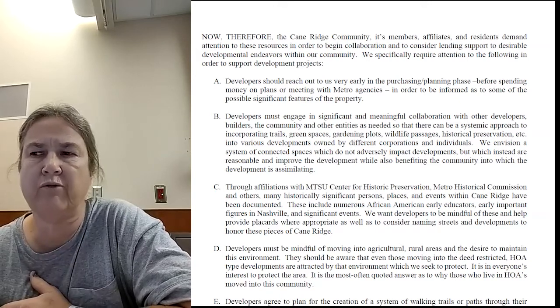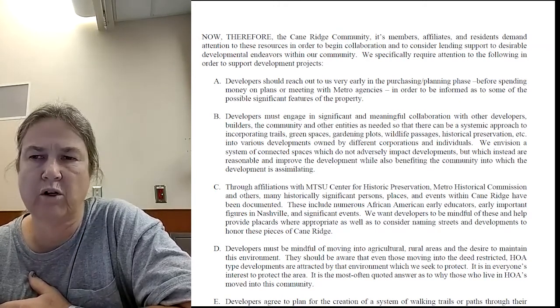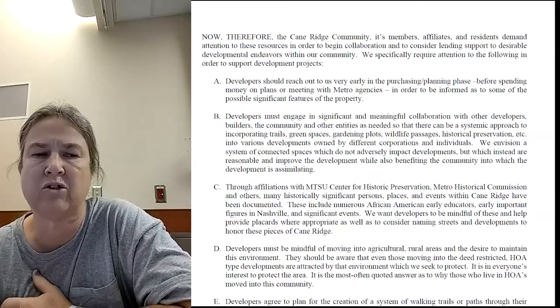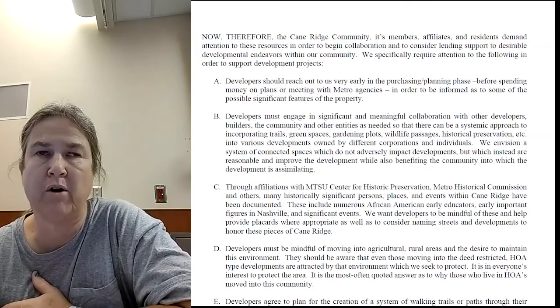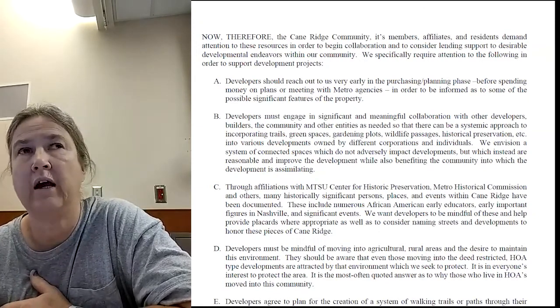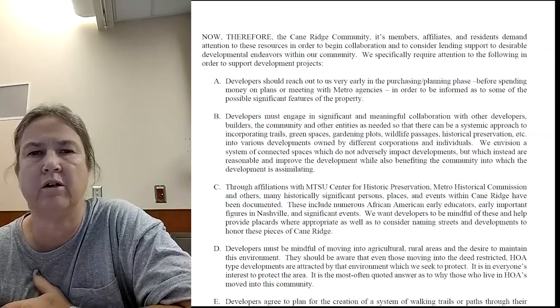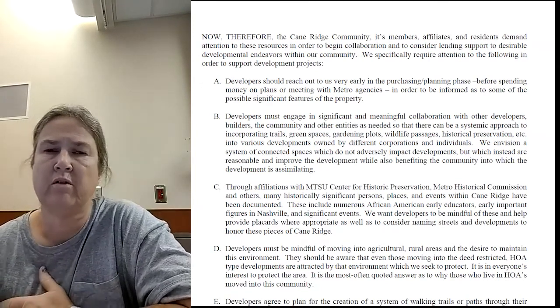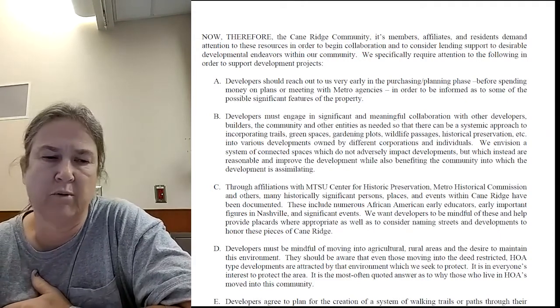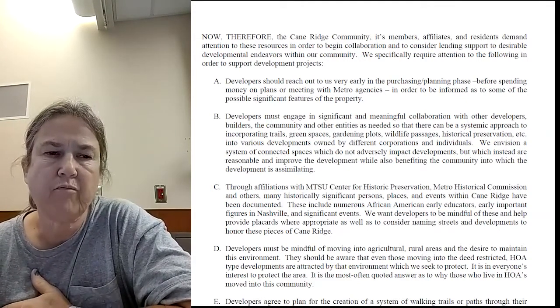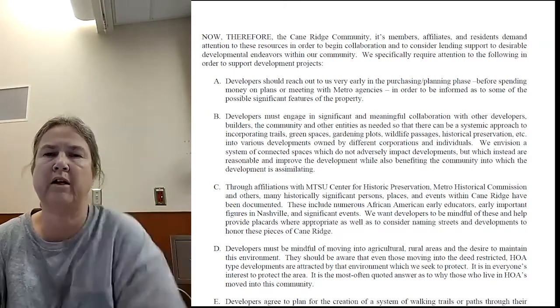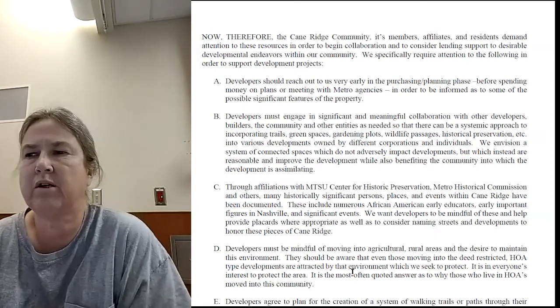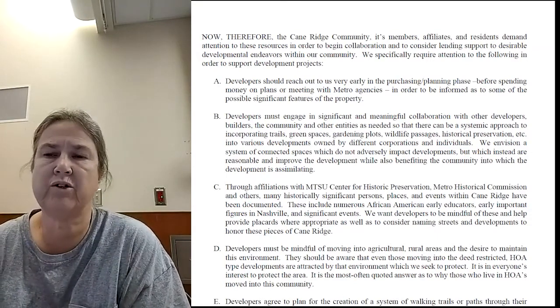Feedback that we have heard so far from developers who are working with us on these kind of things is it's actually allowing them to have developments that are better, that are higher priced, that cost them less, and work better for the community. It's a win-win-win situation all the way around. Also works better with Metro Planning and Metro Council, because they're not getting angry groups of citizens coming up at the Planning Commission meeting and raising Cain because there haven't been good conversations.